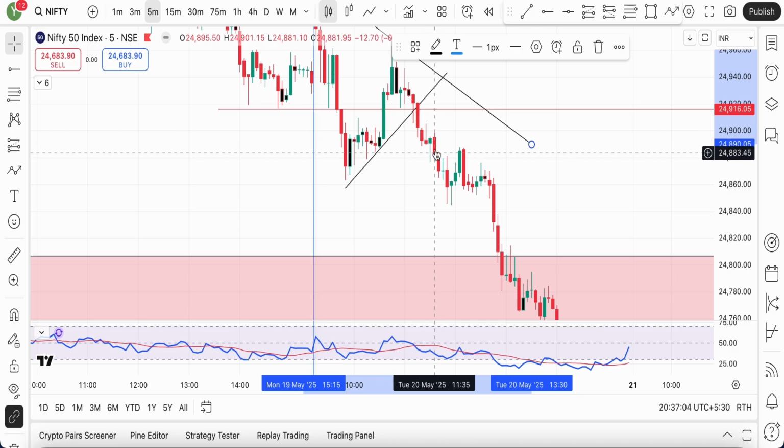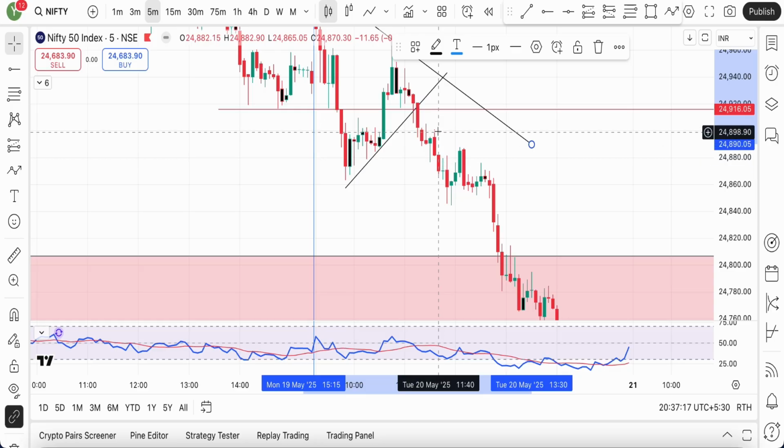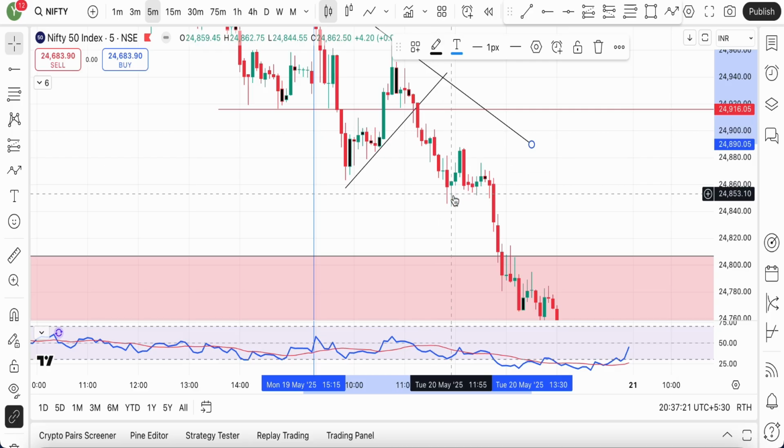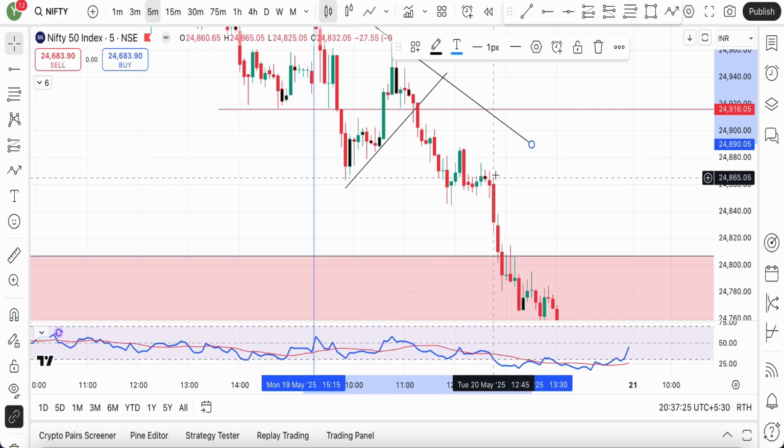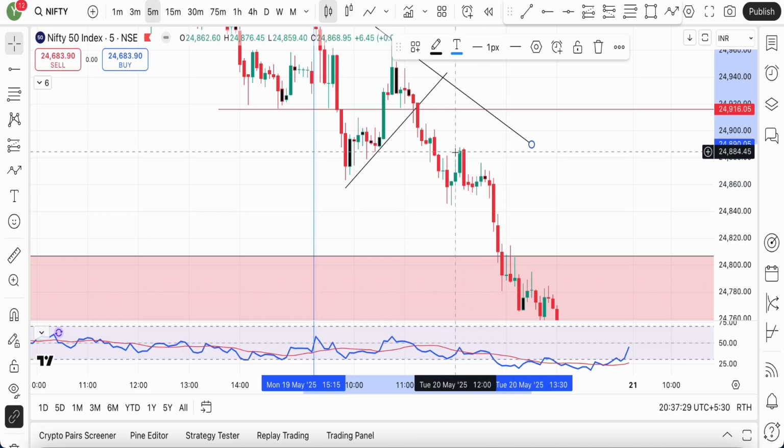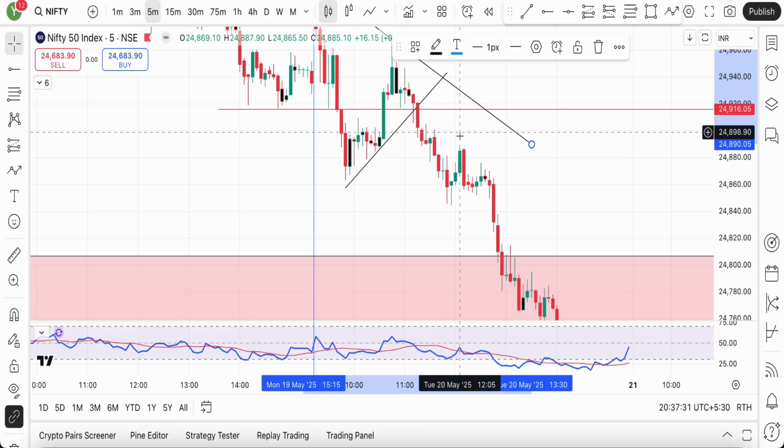green hammer candle. So this is a very positive candle, broke the low of this prior candle, but then again went up and closed near the highs. And as soon as the low of this candle was taken out, I entered the short trade with my SL just above this particular candle high. The market gave a move on the downside, gave a small pullback, again came here, consolidated for some time, gave a very good move. Now, once this particular swing was created, I moved my SL from here to this particular point on the